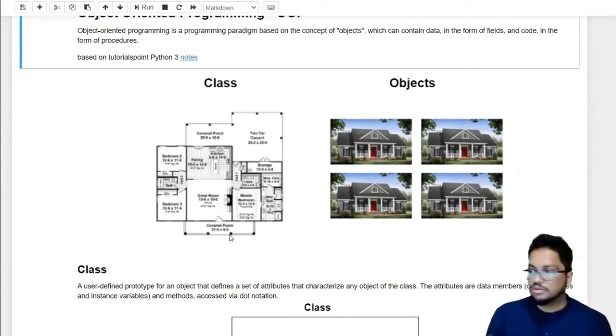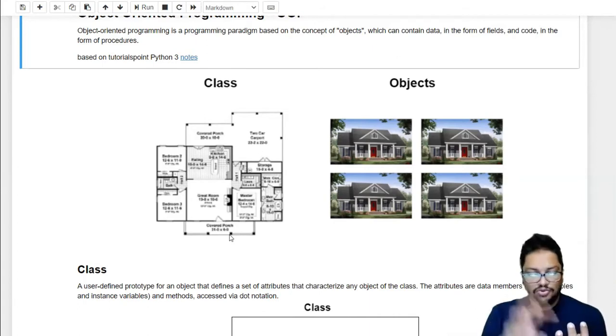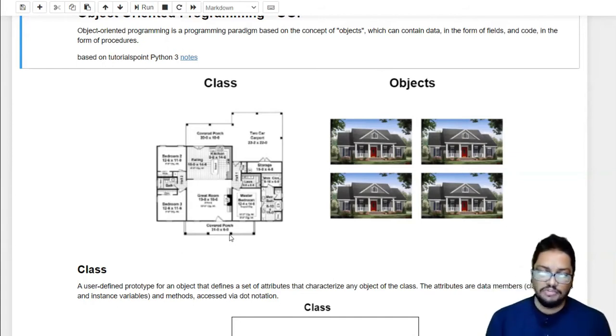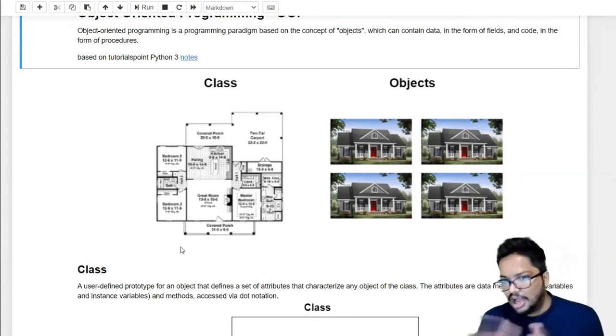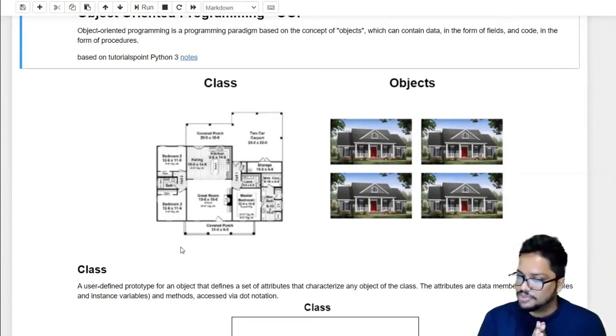By referring to one blueprint, or one class, we can create many objects. Let's take a housing scheme. All the houses are similar, which means they were built using one plan or one blueprint. Similarly, if you have a class, using that class we can create many objects. Whatever is included in that class, in that plan, will be there physically in the objects we create from that class. So that's simply how we can identify classes and objects.